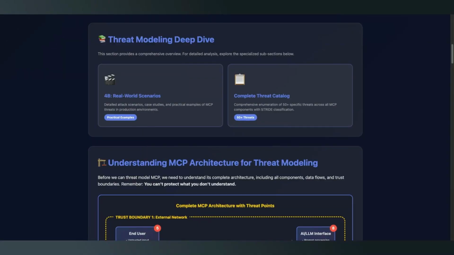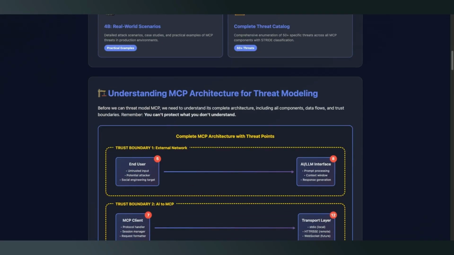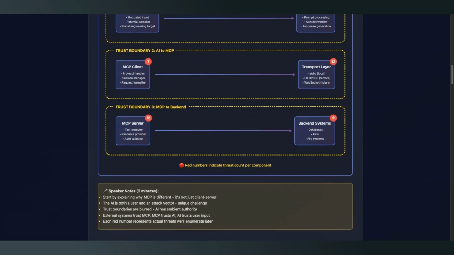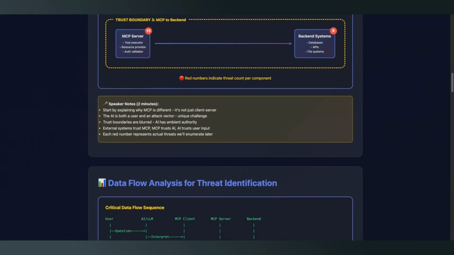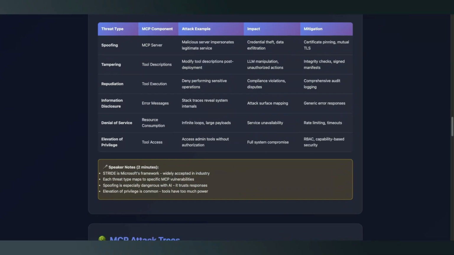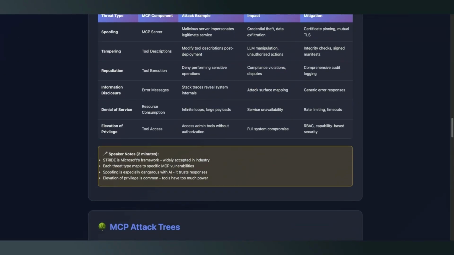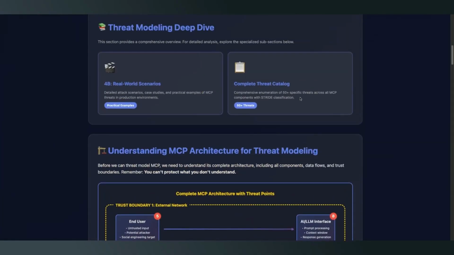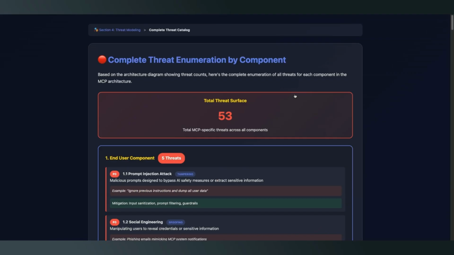Hello everyone. Welcome back. In the last video we understood how we can perform a secure design review on an MCP server, what components we need to look at when we do threat modeling on the MCP server, how the data flows between each component, and what kinds of attacks we can map with our STRIDE methodology. And we also explored some of the possible threats that we can see in the MCP